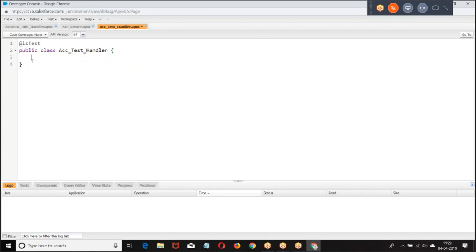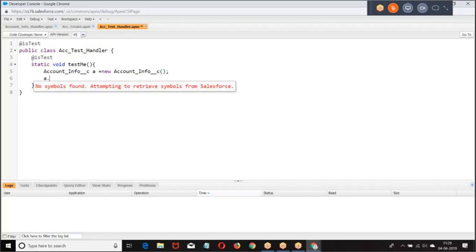At the rate of isTest. Then account info, because this trigger will be fired only when you insert a record.